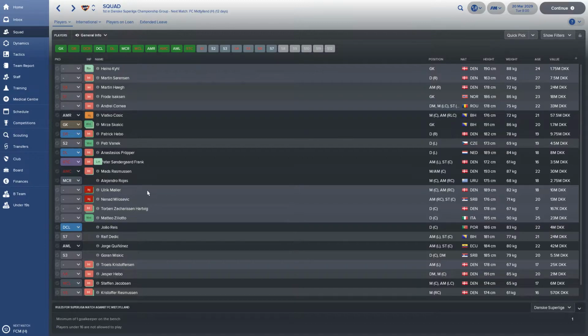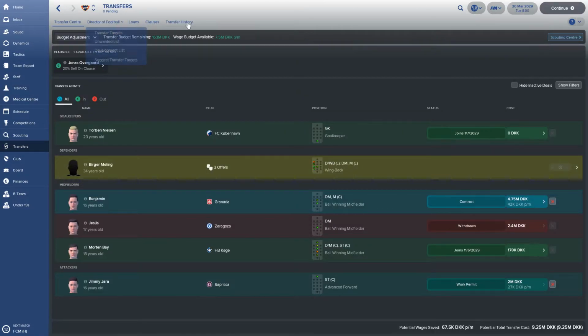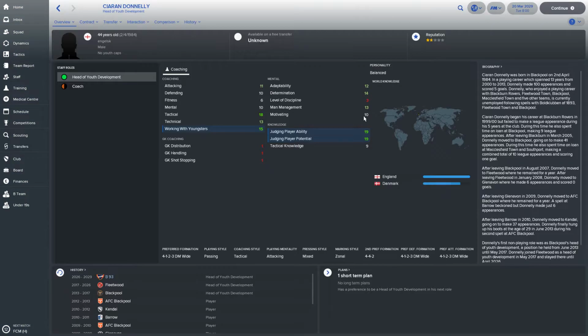You see, I have been doing a lot of research lately about the head of youth development, and I always thought that I want a head of youth development who's got good judging player ability, potential, and working with youngsters, because he's going to bring in the best youngsters in the game for me.